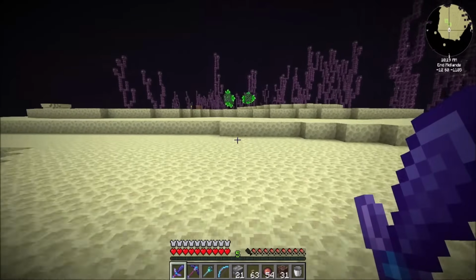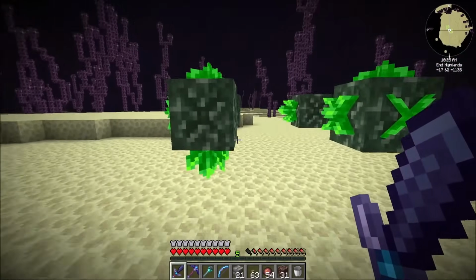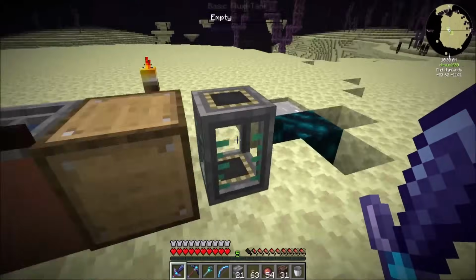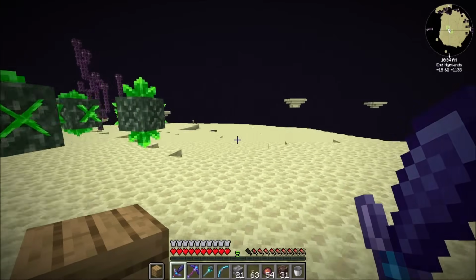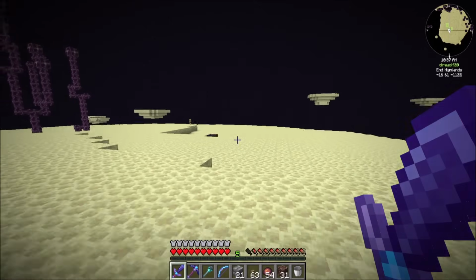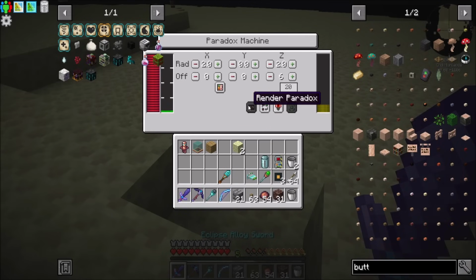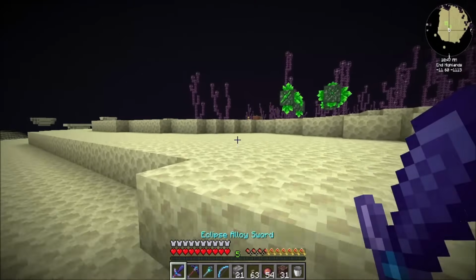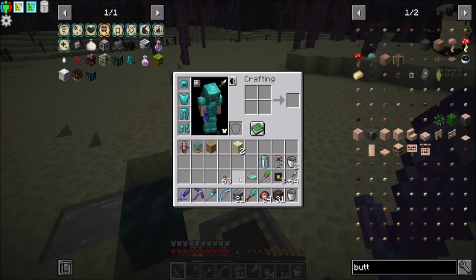Cool. So before we do much more with this, what I thought I would do is set up a system with which we can recharge all this stuff. And for that, we're going to need to head back home. So now, the good news is we have a bunch of ancient debris, right? And even better, we've gone ahead and stored in here the paradox. So we don't need any more ancient debris to set up the paradox going forward. Cool. So let's go home and